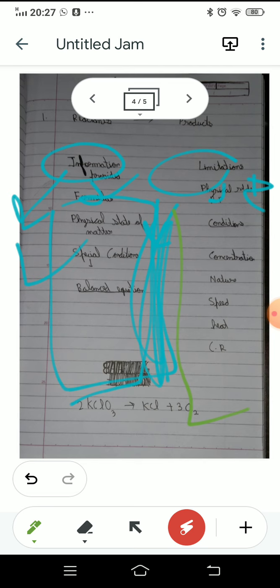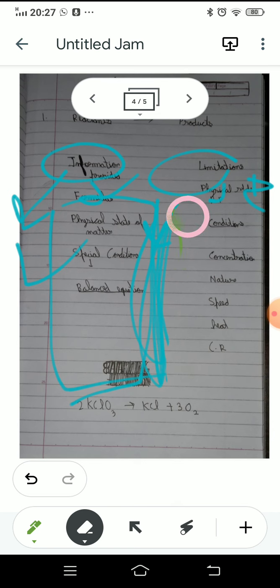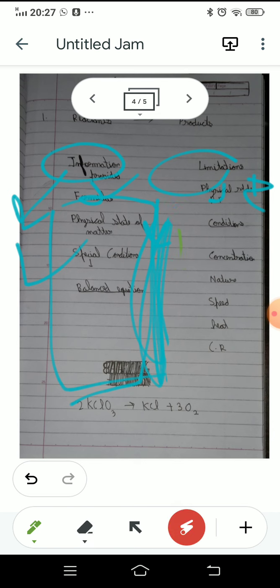So first of all, while balancing any equation, you have to see the number of atoms. That is very simple. So this is the main method. As you can see, this is 3O2. So whenever we are writing 3O2, if we ask how many oxygen atoms, sorry, molecules, then you have to simply multiply 3 into 2, that is 6. Then over here, one potassium, one chlorine, and oxygen is 3.